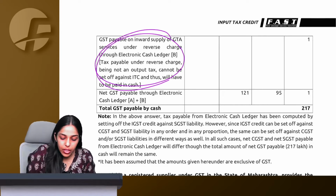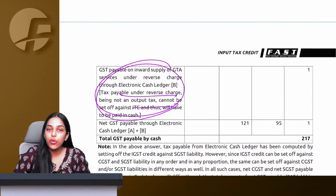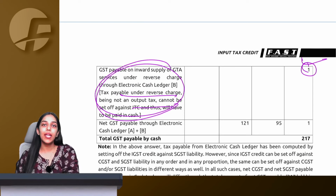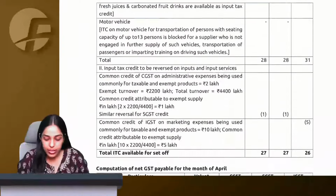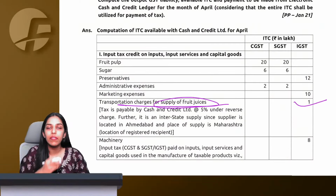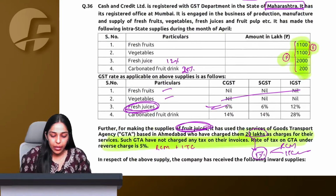Yes. Reverse charge mechanism, we have to calculate. So 20 into 5%. 20 into 5% comes to 1. So 1 under GTA. We will pay and we will also take ITC of the same. Got it. Chalo, so we've also taken ITC here and we've also considered it under reverse charge mechanism. Right. Now,